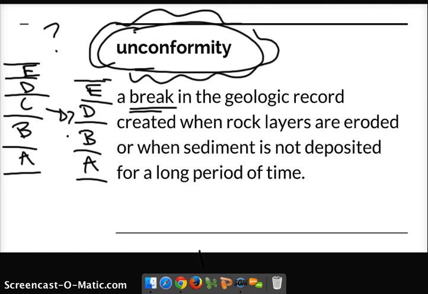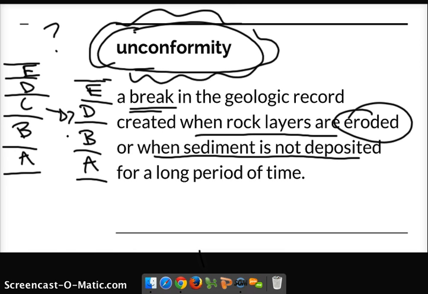When there is a break in the geologic record, when a rock layer has been eroded away, or sediment has not been deposited for a long period of time. So like a river has changed course, or an ocean has moved for whatever reason. And an unconformity is created when that layer is there. It should be there, but it is not there. When that layer is not there, when there's a break in the geologic record, which are the different layers of rocks. That is what an